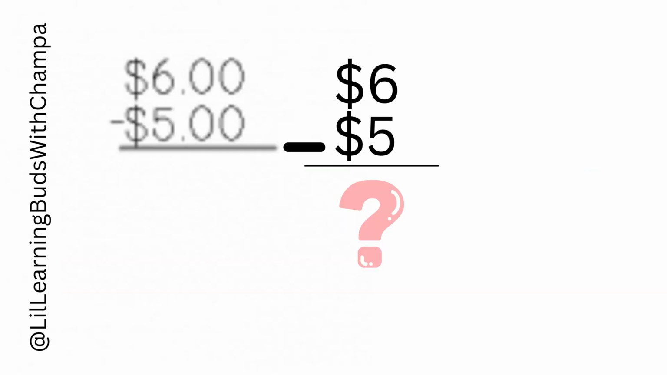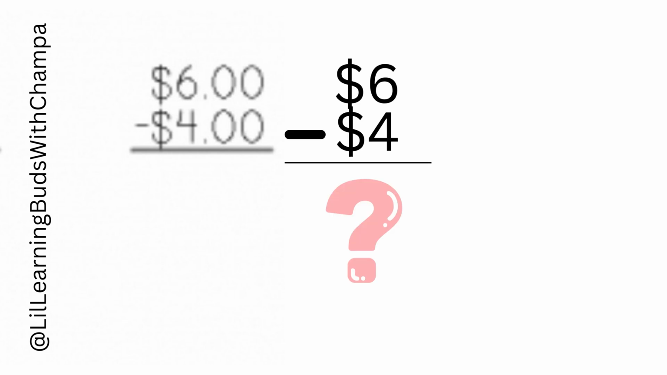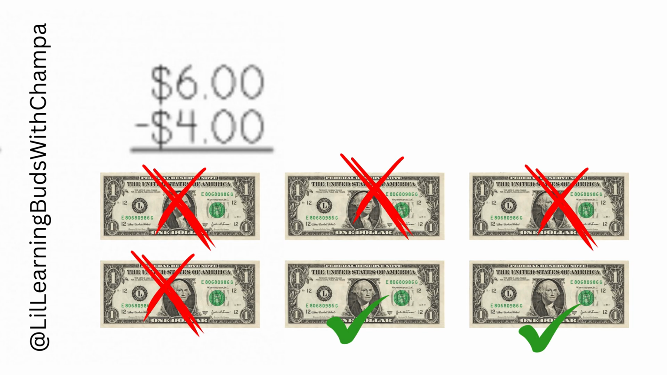In this example, it's $6. Take away $5. How much is 6 take away 5? It's $1. Good job. In this example, we have $6 minus $4. So 6 take away 4 is